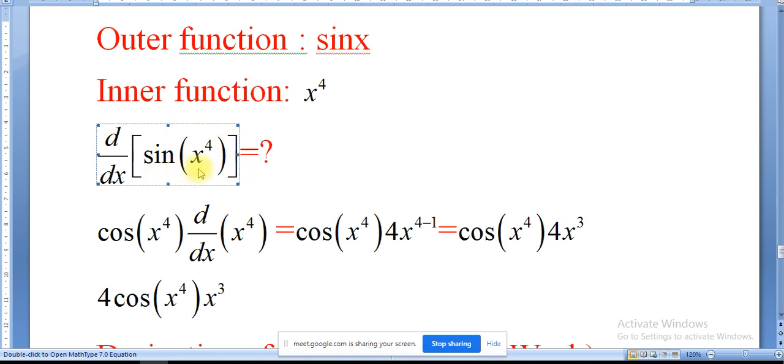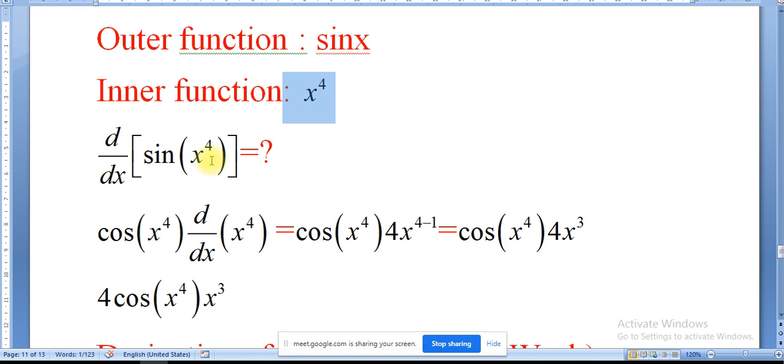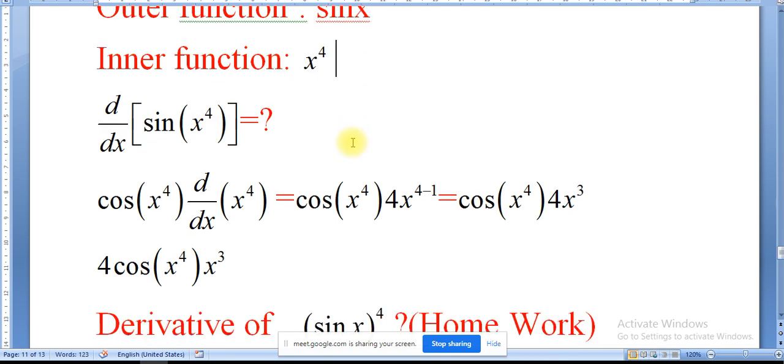This is a composite function as it is made up of two functions. One function is the sine function, another function is the x raised to 4 function. Then we have separated what is the outer function in this. In this case, sine was the outer function, and x raised to 4 is the inner function. Now the general rule is,